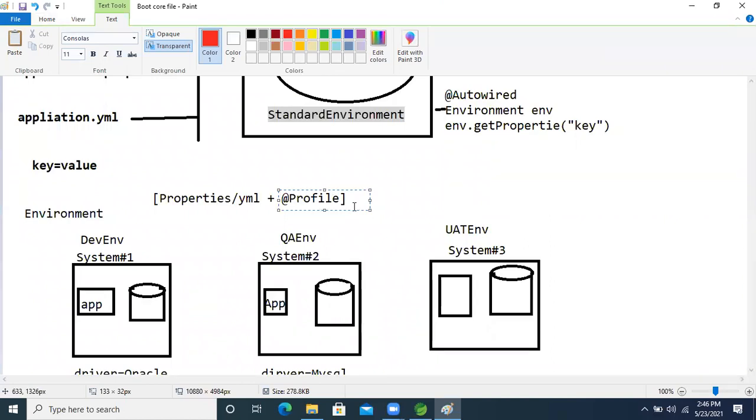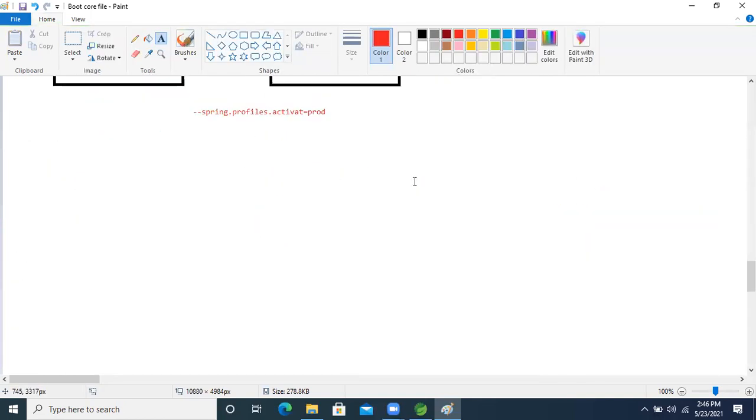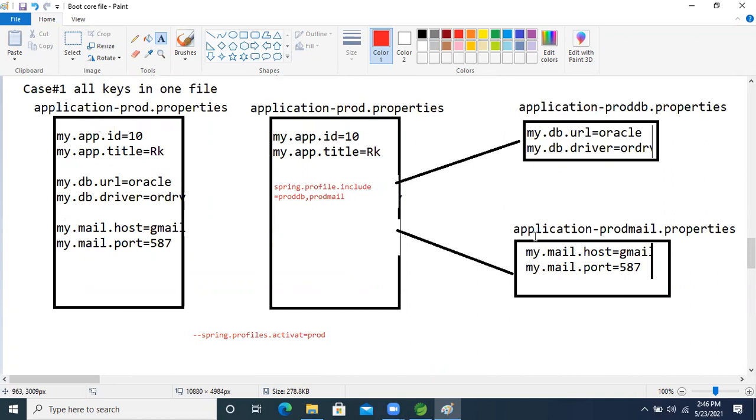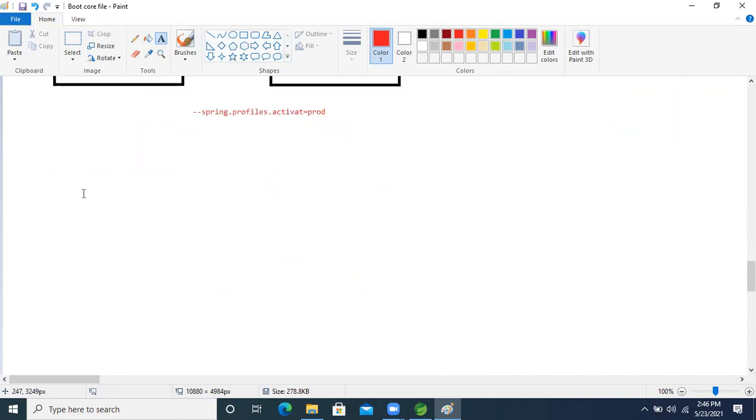Using the @Profile annotation, we will differentiate based on logic. Based on what logic? Our profiler will run with different logics. For example, if the QA environment is there, in the QA environment the QA property will be taken and that profile will run. So with the @ annotation, what we will do now,